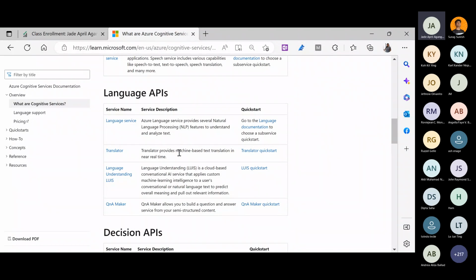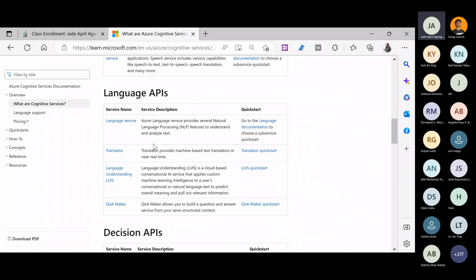Translator provides machine-based text translation in real time. For example, in Microsoft Word, we also have the translator. It translates your whole document. If you're using OneNote in Microsoft, it also does that. And of course, in Microsoft PowerPoint, we also have that translator. Then we have LUIS. Who is LUIS? It's language understanding.